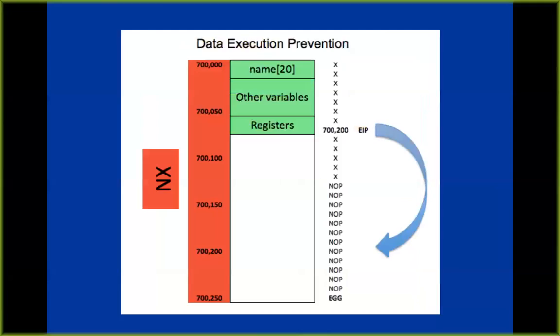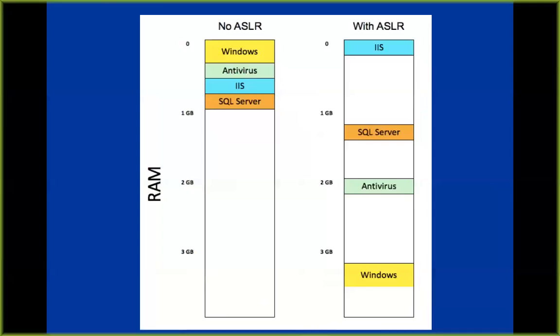So now, even if you find a weakness that lets you inject code, it's difficult to find it and run it. Does it only randomize on startup? Yes, it only randomizes on startup. Also when you launch each process, so you relaunch a userland process. But once it starts, it doesn't move it again. It can't, because the operating system is using that code.